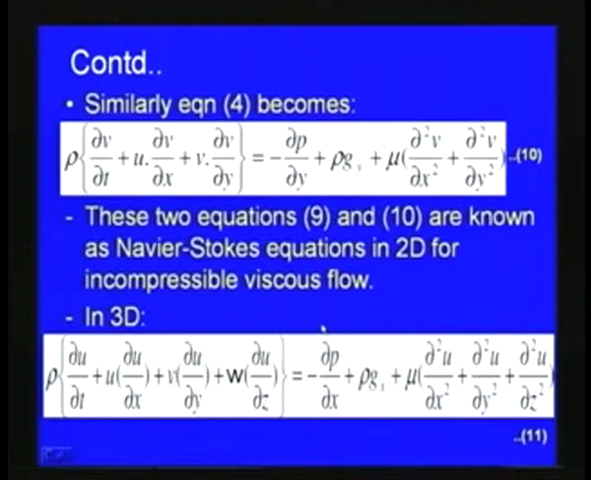In a very similar way we can derive for the 3 dimensional problem, and here I have just written the equations. ρ(∂u/∂t + u ∂u/∂x + v ∂u/∂y + w ∂u/∂z) = -∂p/∂x + ρgx + μ(∂²u/∂x² + ∂²u/∂y² + ∂²u/∂z²). This is the equation in x direction for the 3 dimensional problem, by considering the velocity components u, v